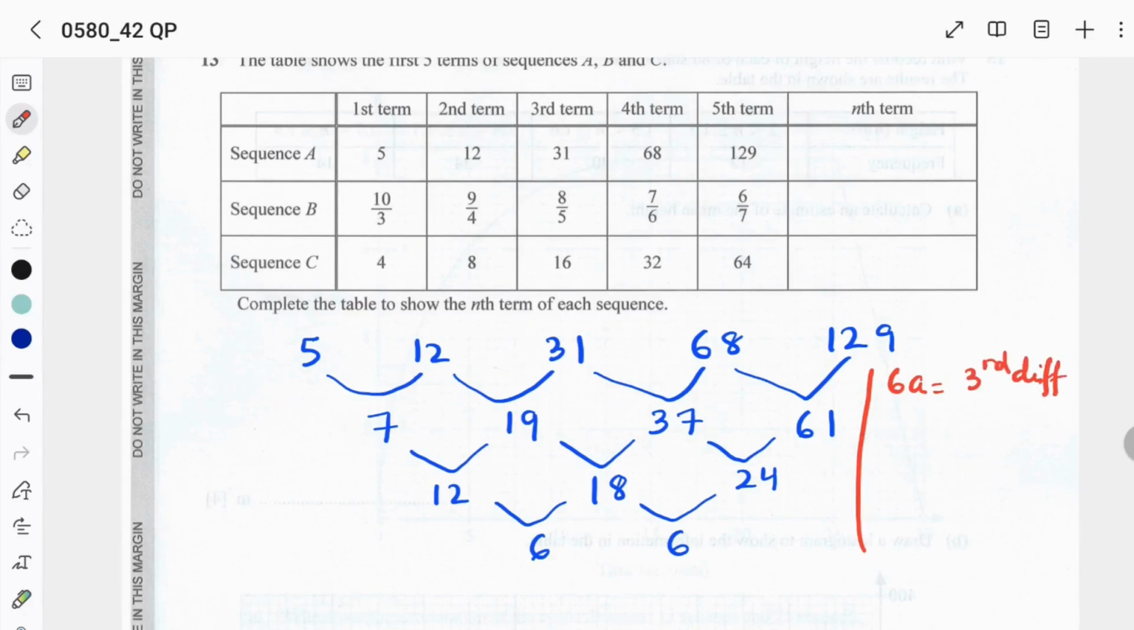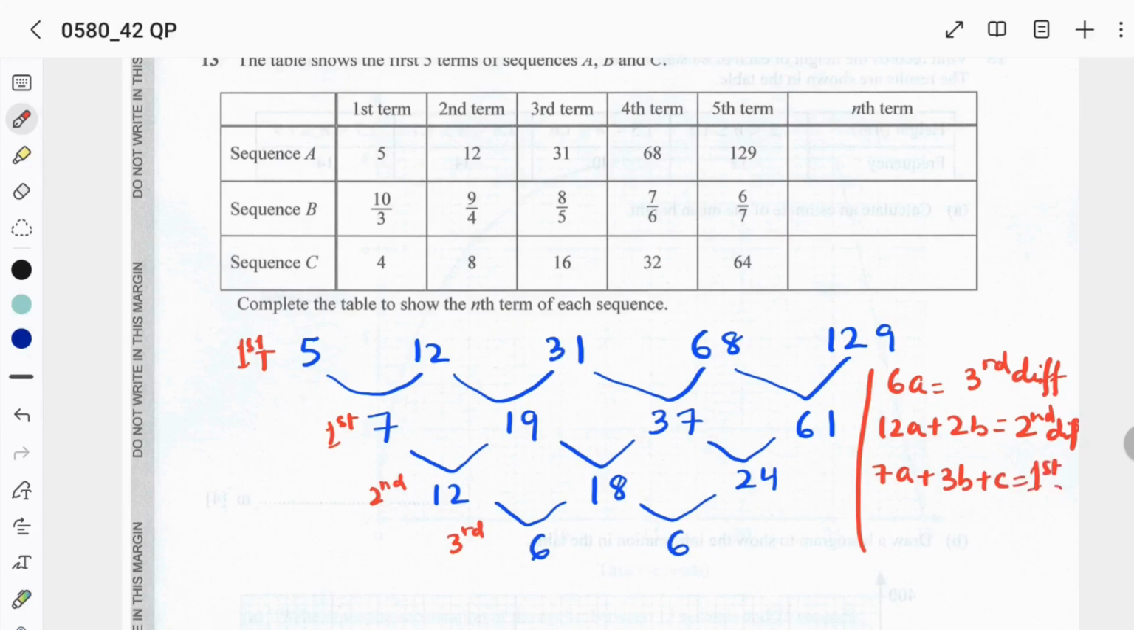Okay, and the second is we go backward. This is the third difference, this is the second difference, it's the first difference, and it is the first term. Now 6a equals the third difference. Number 2, 12a plus 2b equals the second difference, and then 7a plus 3b plus c is the first difference. This you have to memorize,